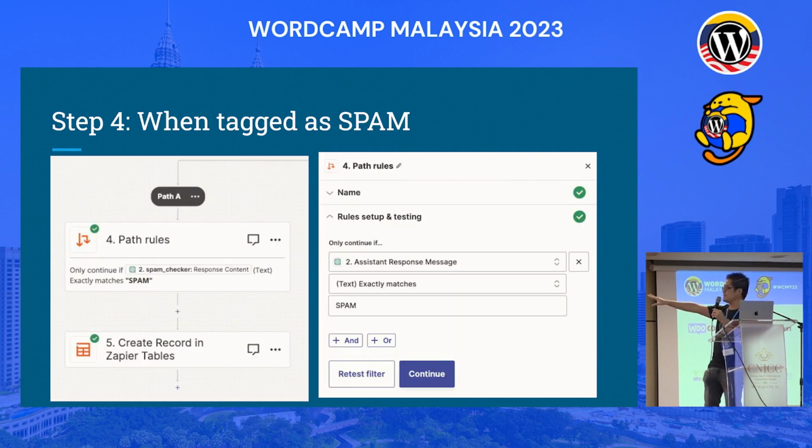So if let's say it's tagged as spam, then what you will do is store it somewhere else. I wouldn't suggest to ignore it or delete it straight away, because even the top tier AI sometimes will make mistakes. Maybe it's a genuine one, but they just classify it as spam. So what I do normally is I will store it somewhere else, maybe in the Zapier table. In this example, I put it in the Zapier table down there, but you can put it in Google Sheet,